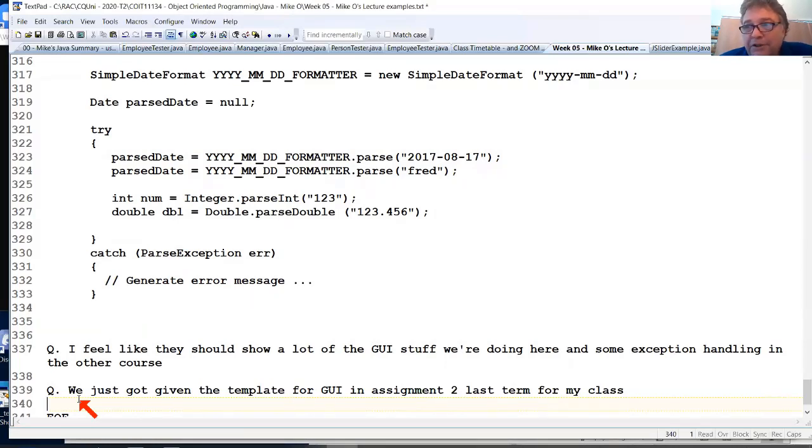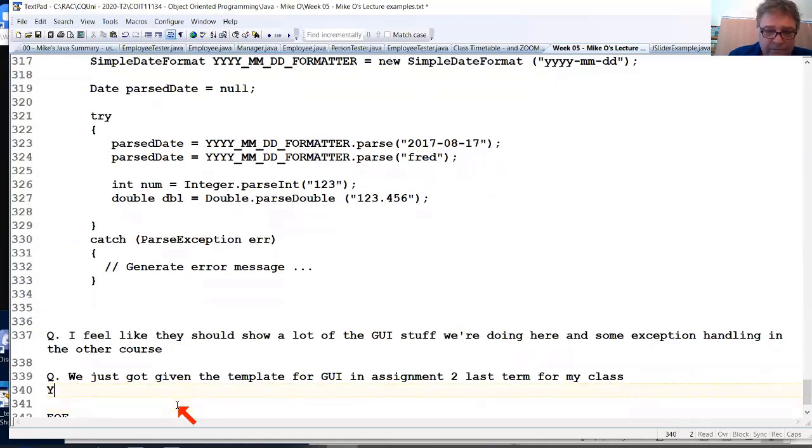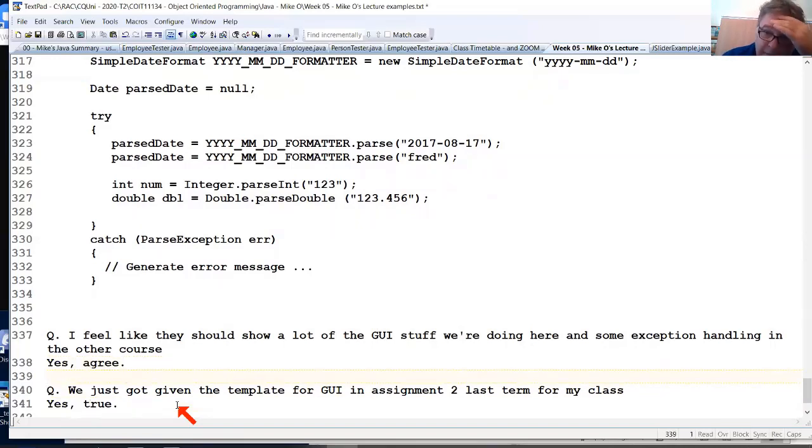I'm not sure what you mean, Jared, by so final was something changed. That's true. And yes, agree. But like I say, you don't need exception handling for this assignment. You can do it without it. Okay, so